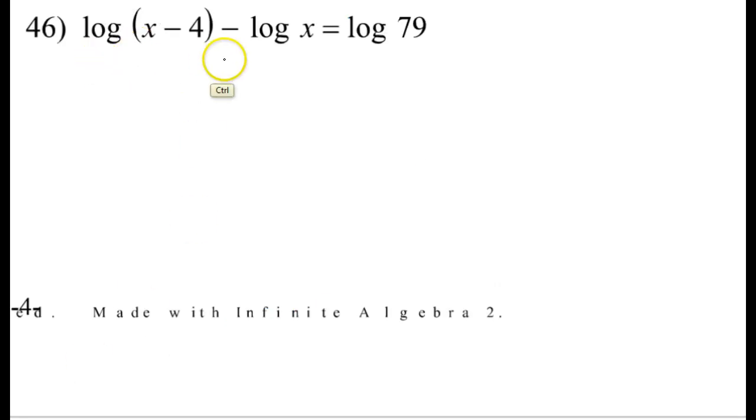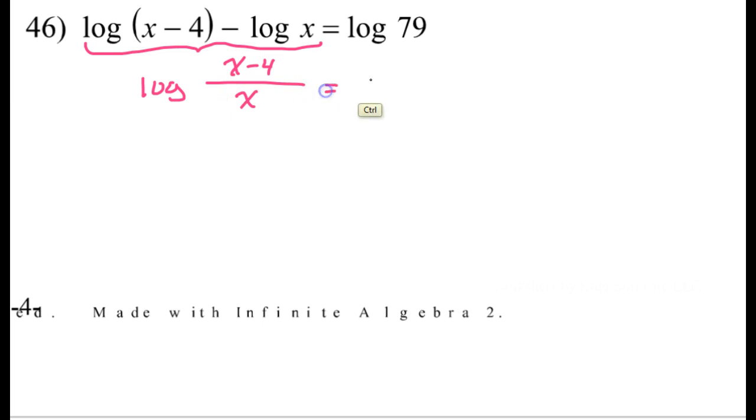All right, so for number 46, when you have 2 logs that are being subtracted, you can condense those down to a quotient. So it's going to condense to division. So this is going to be the same thing as the log of x minus 4 over x. And that equals the log of 79. So now I just have a log equal to a log, so the argument should be equal. So that means that x minus 4 over x